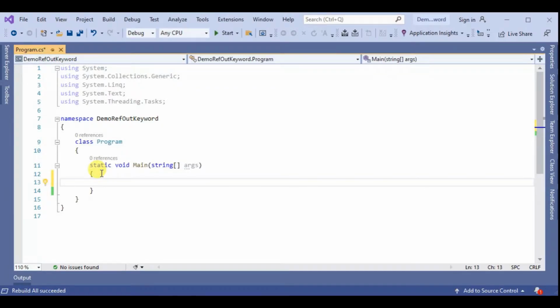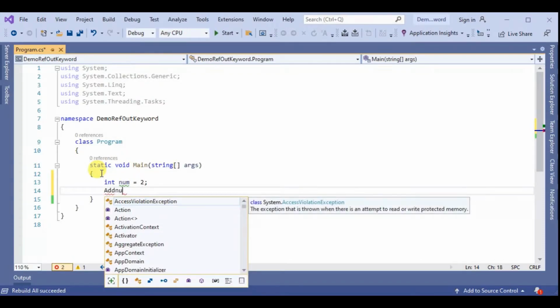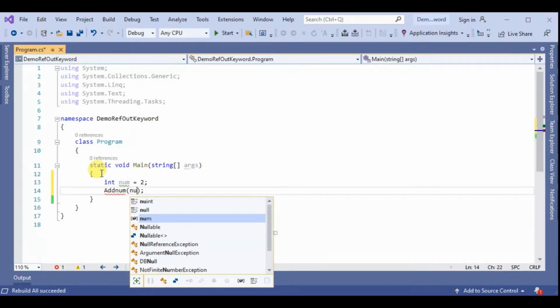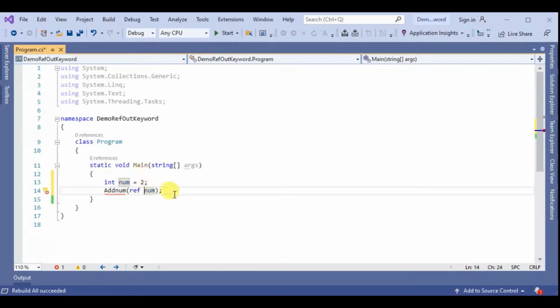Inside the Main method we declare a variable num equal to 2, then call an Add method, passing num as a parameter with ref, and after this we use cw tab to print num.